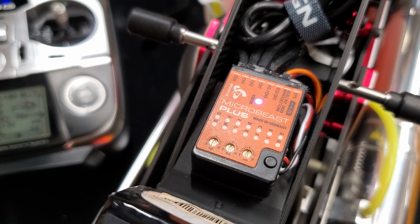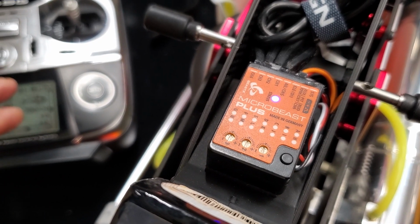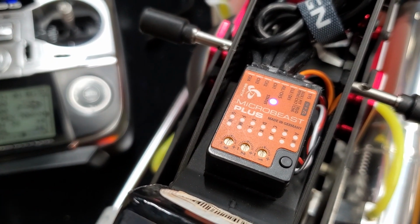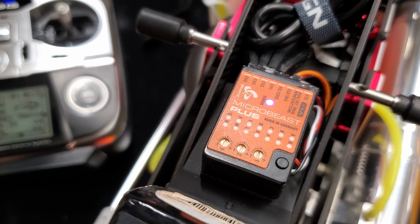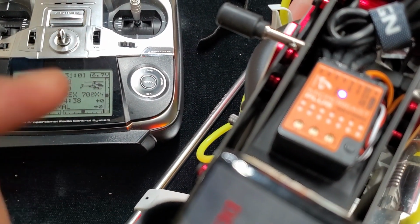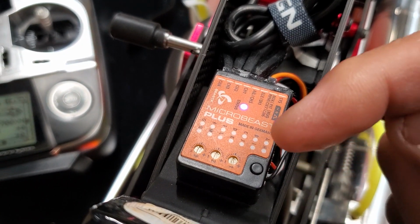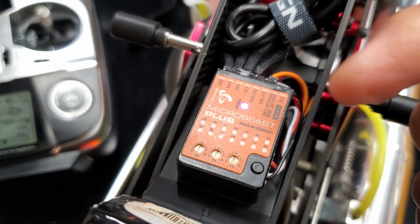I already did the setup, and I just want to show you how my setup on the transmitter correlates to what's going on in the governor at the moment. I've got the transmitter on and the heli on right now, and every single LED from A to N